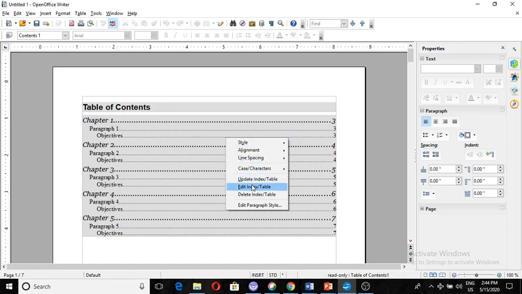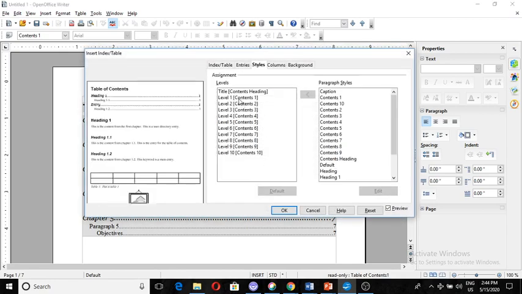I again edit it. Now suppose I want the level 2 paragraph style to be similar to content 7, how do I do that? I just select first the level, then select the paragraph style, then press this once.